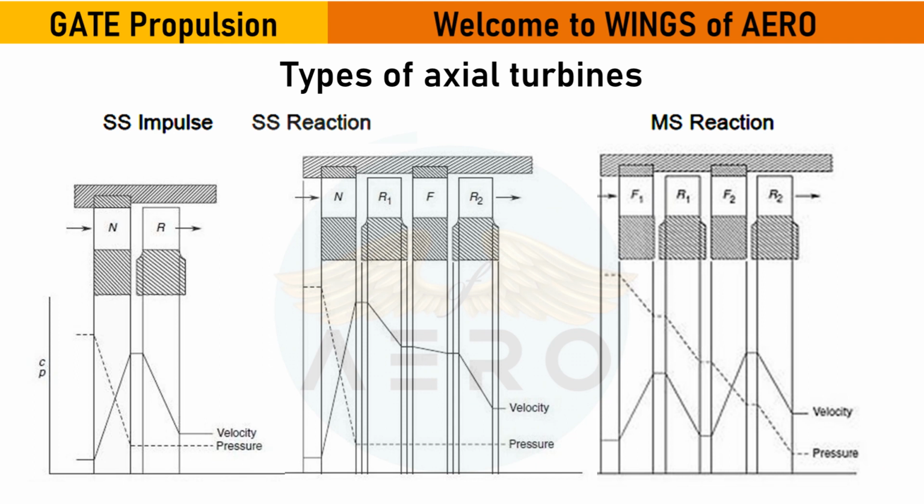Now you might have asked what SS and MS are, right? You can see one SS here and one MS here. SS is nothing but a single stage. We are seeing a single stage: what kind of pressure and velocity difference is happening. For a multi-stage, how many stages are there here? Two stages, because one is fixed, which can be a stator, also known as a nozzle, and the other is a rotor. So alternately fixed and rotating, fixed and rotating, it goes on simultaneously.